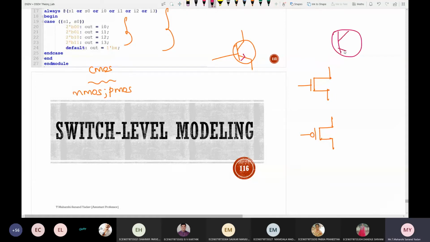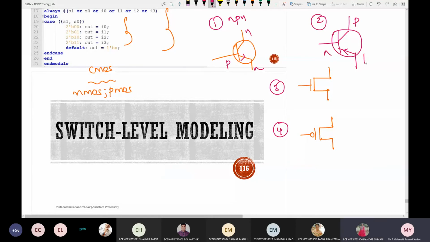What are the symbols? Can anyone identify? Transistor. What kind of transistor? BJT. Tell me number wise. First one is called NPN or PNP? NPN. This is PNP.